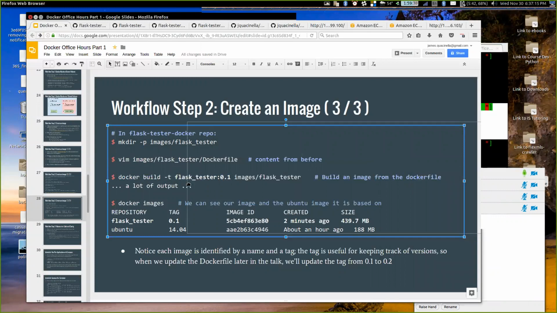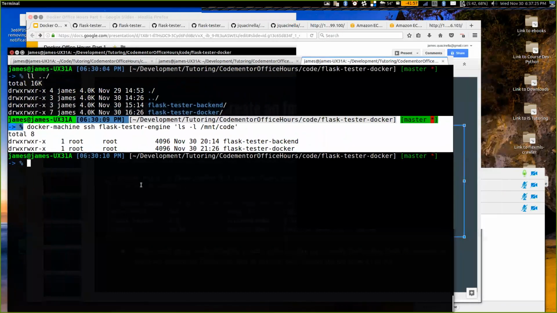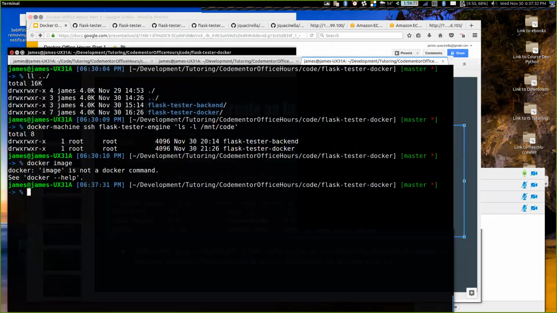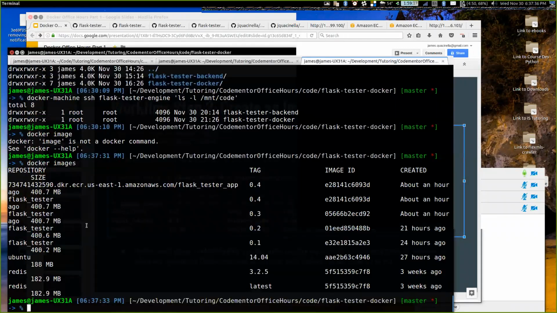And from here, and this is one of the reasons I'm not doing this live, is because this takes a while. It takes a few minutes, nothing too major, but it does take a little bit. So let me jump to the code here, and we can see that when I run Docker images, and again, this is running with respect to my Docker virtual machine. You'll see I have quite a few now, but I have one image